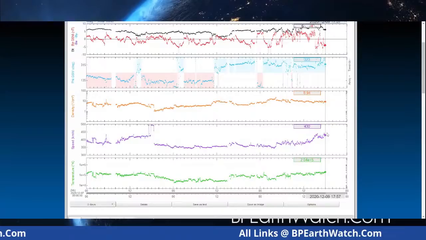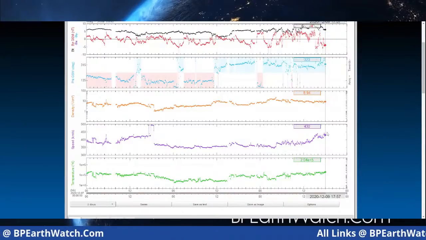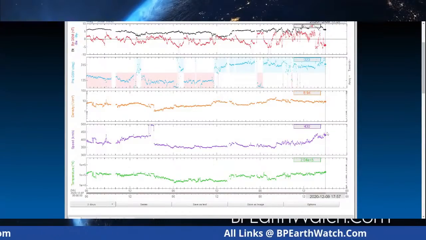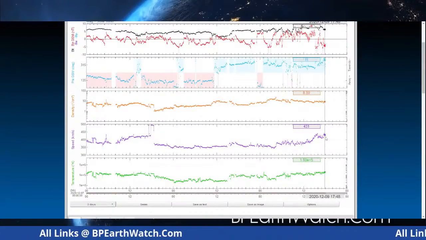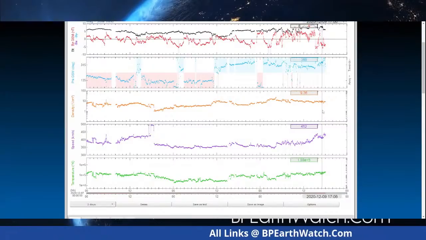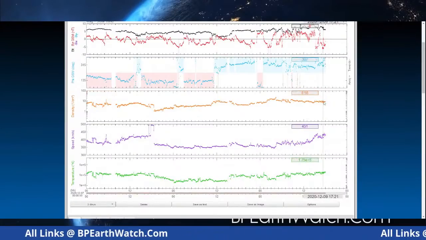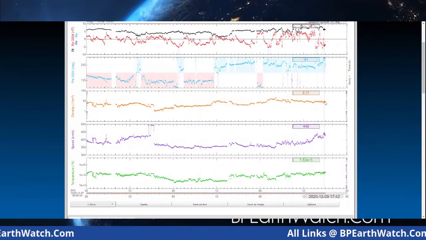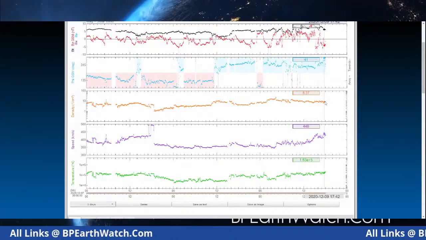That's unfathomable to the human mind, that speed. Very fast, but not as fast as the proton burst or photon burst that got here in 8.2 minutes. But these are going to increase. Your temperature of the solar wind will increase as the speed increases, and a lot of times your density will drop. But they're saying on the charts up to 50. And this is proton density, per centimeter cubed. So that's very thick, very powerful.